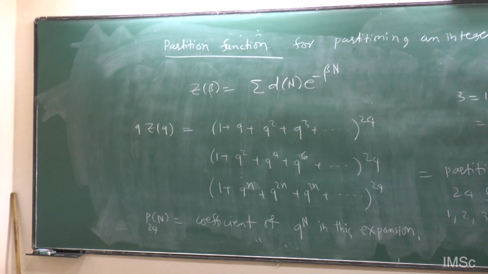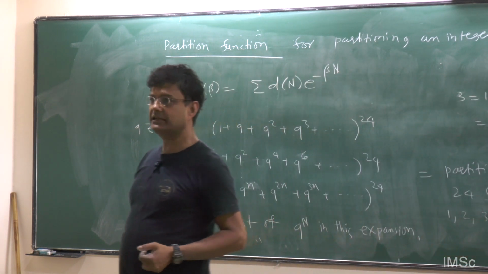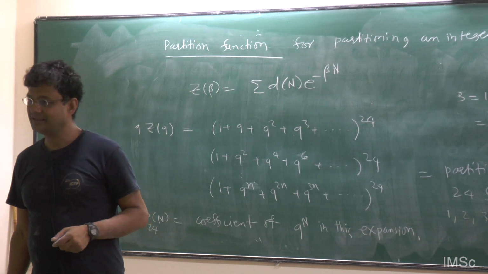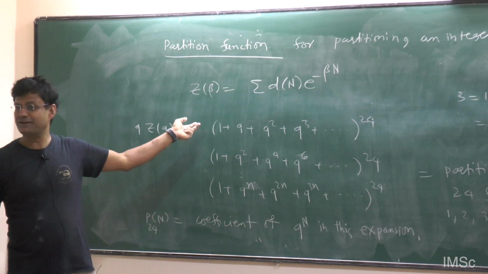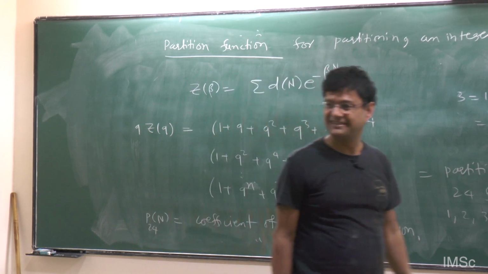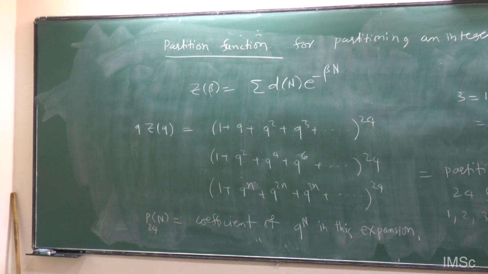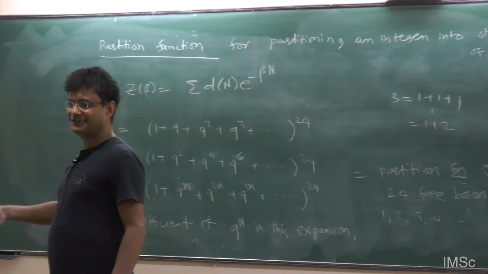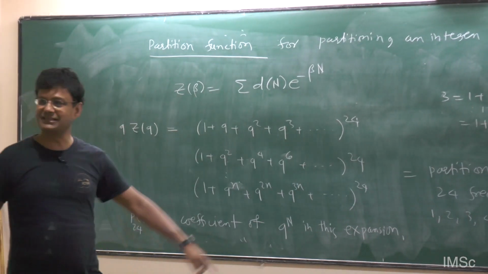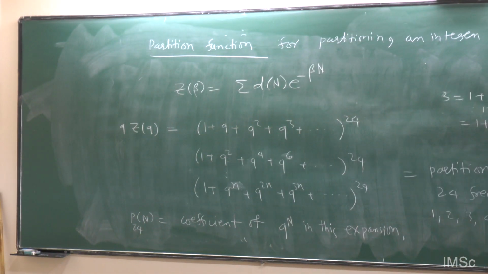It's a nice scene. Why should the modular symmetry appear in the first place? It appears in the context of string theory because of conformal invariance. But in a general counting problem like this, it was a mystery for Ramanujan why it appears. For 24, we know it has to. Even for 1, if you have a free boson in 1 plus 1 dimension, you'll get modular symmetry because it's part of diffeomorphism. From a path integral point of view, it's clear there should be modular symmetry if you're dealing with a conformal field theory, and all these counting problems relate to a conformal field theory in the end. That's the reason why it appears in string theory.